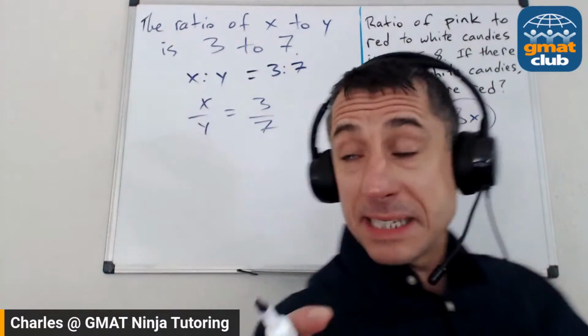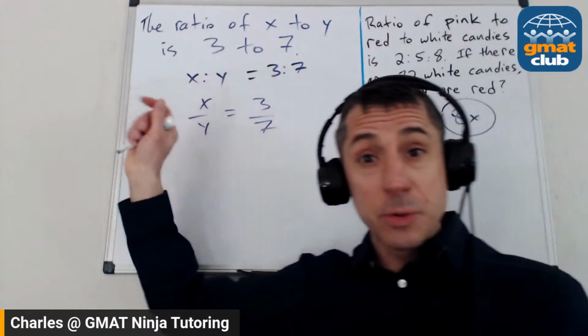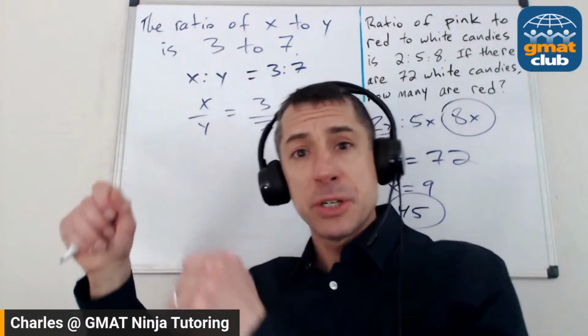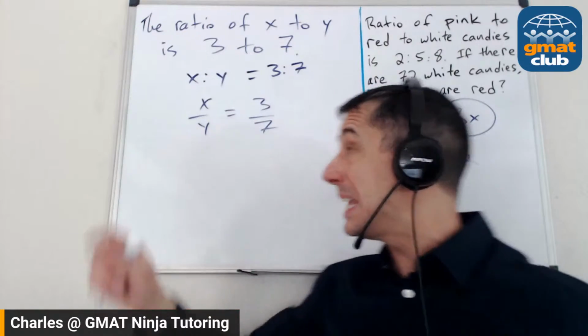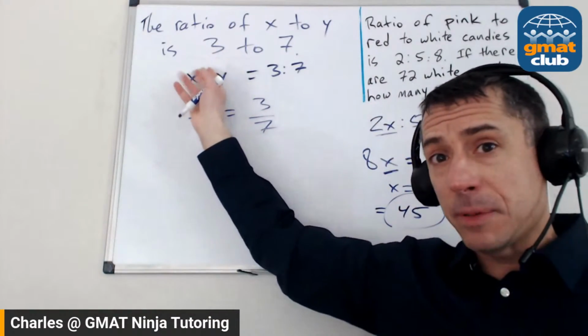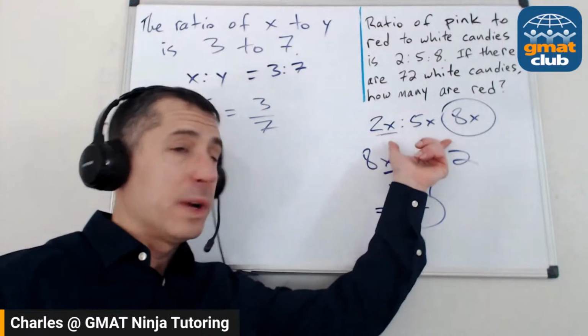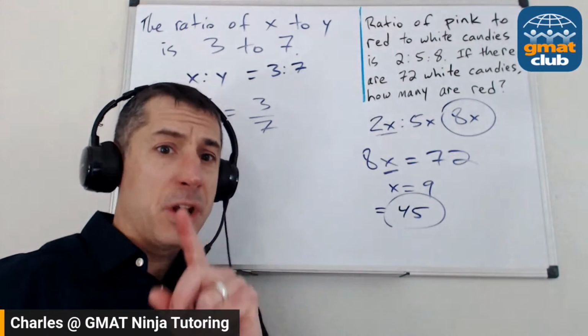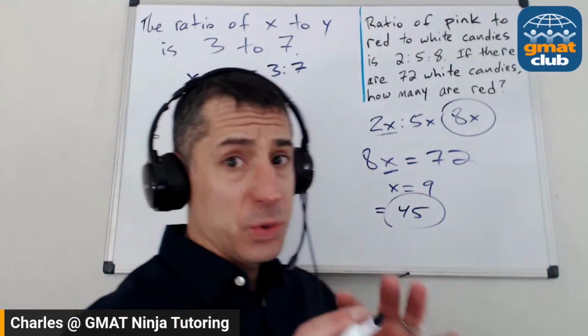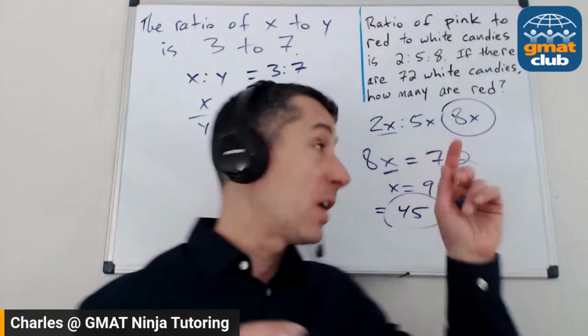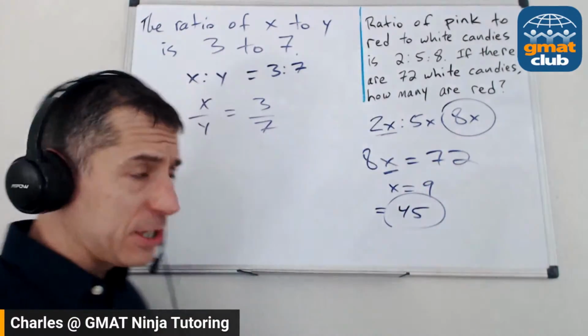That's it for the basics for now. So things I want you to hold on to: percent questions. If they give you the opportunity for a clean translation, take it. Ratios, same thing. They give you that opportunity, take it. And kind of more conceptually, what is a ratio? There's only ever one unknown. You shouldn't ever have to use more than one variable in a ratio question, typically on the GMAT.